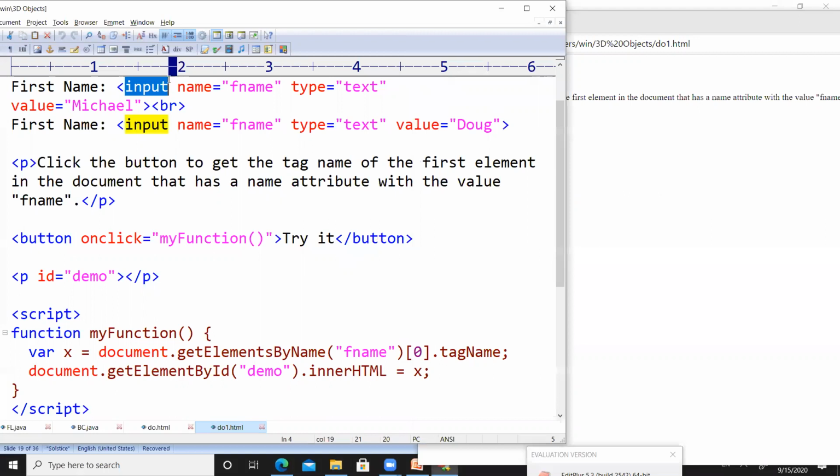So I'm clearing all these drawings, right? If you click here, that will print input in this particular space. You can observe, it has printed input. Input means it is the tag name which you are seeing, since we were asked to get the tag name of